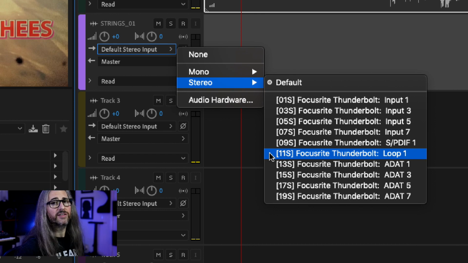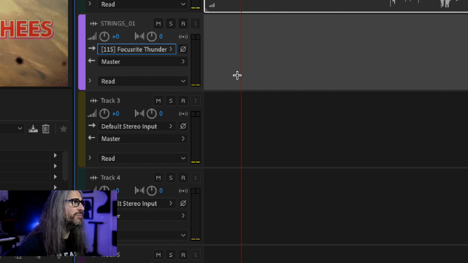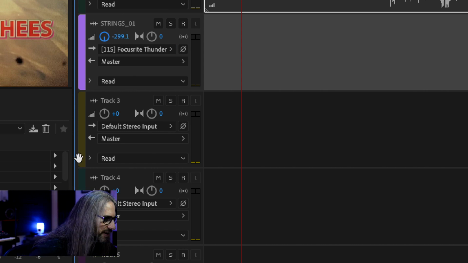Now, depending upon the kind of device you're working with, you may not have this as an input option. There are also third-party tools. In fact, I think it's actually called Loopback now. It was once called Soundflower, I believe, for the Mac, which is a tool that does just that. It'll take any system audio and allow you to use it as if it were a legit input or output, for that matter. So in this case, I'm going to choose the Focusrite Loop input. And then the most important thing here is that the volume of this track needs to be brought all the way down.